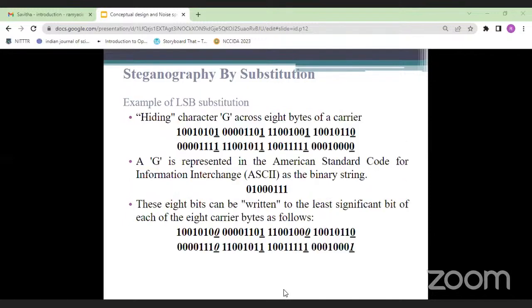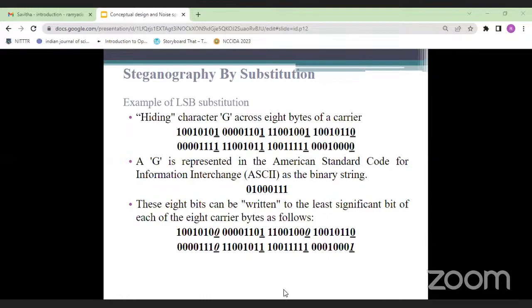For example, here we need to hide the character G across an 8-bit carrier. We know that the ASCII character of the letter G can be converted into binary form as 0, 1, 0, 0, 0, 1, 1, 1.